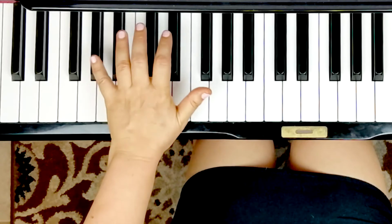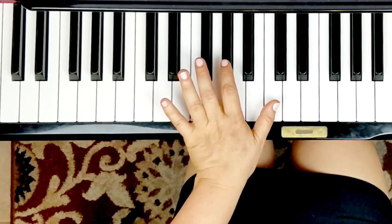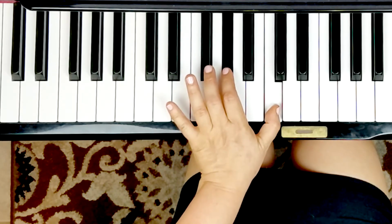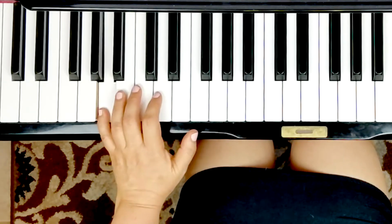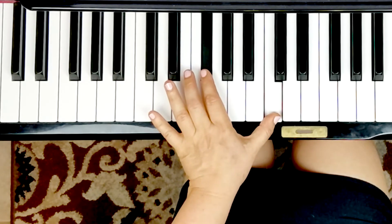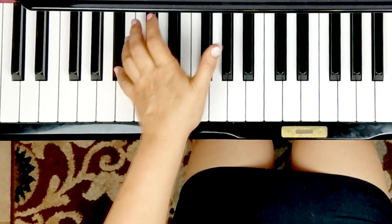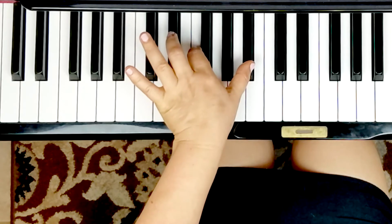So now we move down 5th finger to A flat, go up, 2nd finger on the A flat an octave above, and then 1st finger on middle C. And then go down to A natural, jump up to middle C again, 1st finger, this time 2nd finger goes on G flat, down to B flat, 5th finger, up an octave to B flat, 1st finger, and add an F underneath with your 2nd finger,